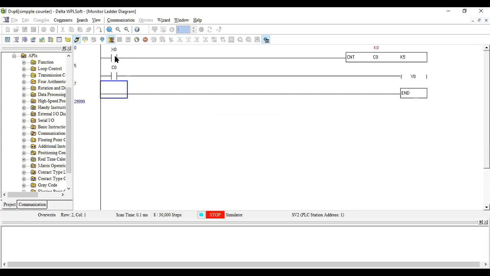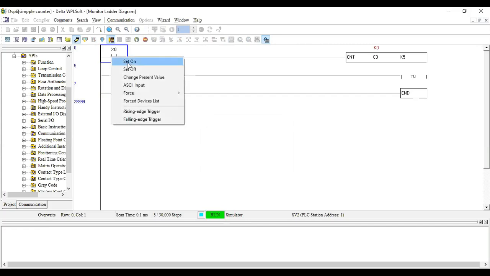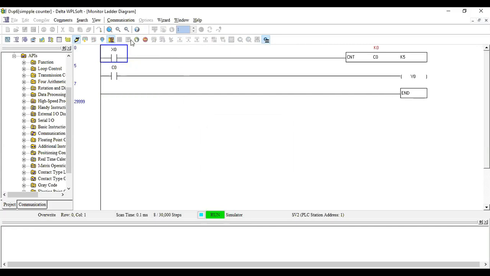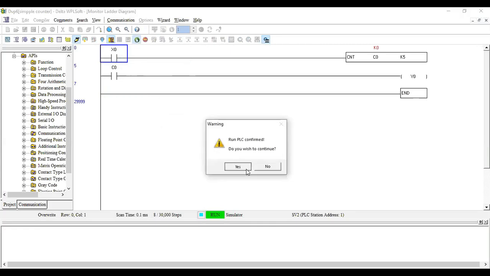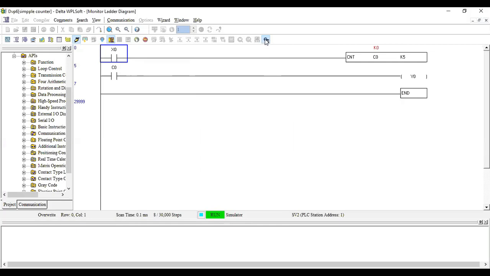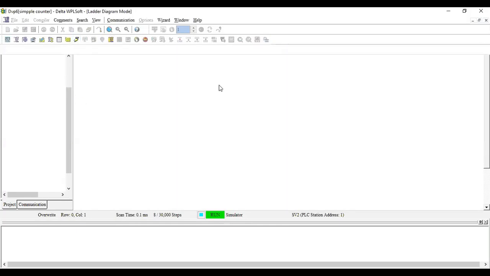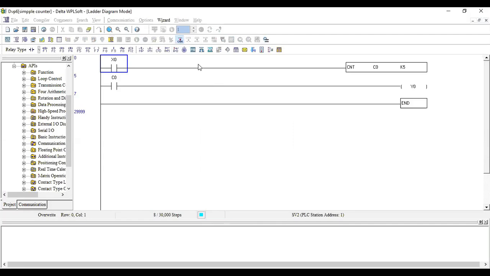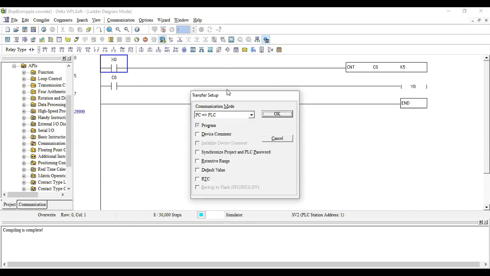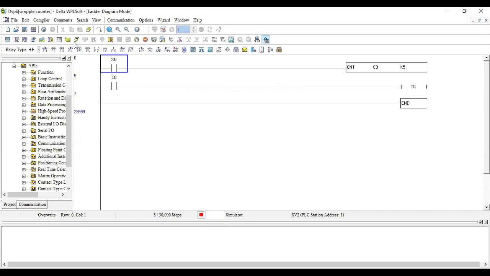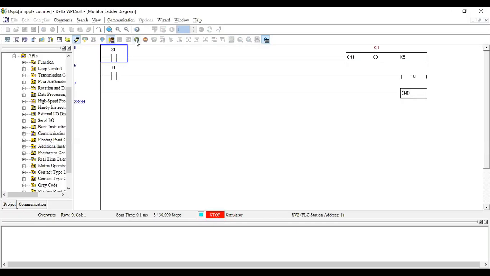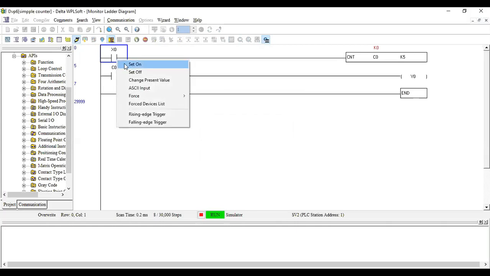Whereas a counter, only for each input, it will be counting. We'll see. I'll just set on.